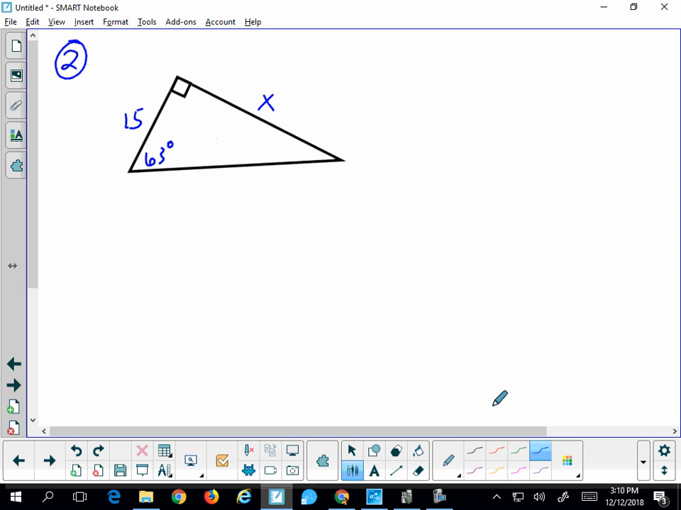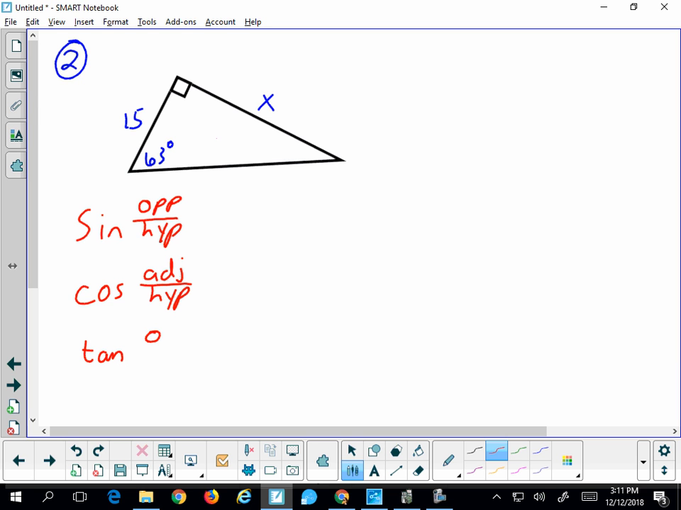In this example, we are going to use basic trig functions in right triangles to find a missing side length. So what we've learned before is our trig functions: sine is opposite over hypotenuse, cosine is adjacent over hypotenuse,